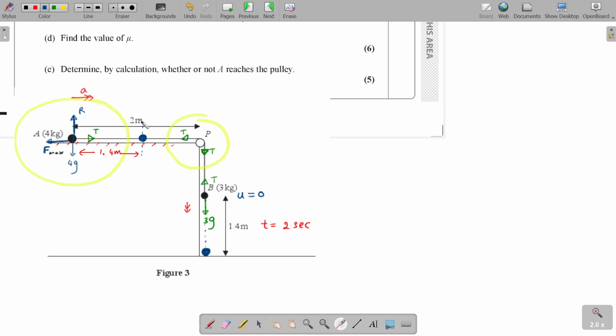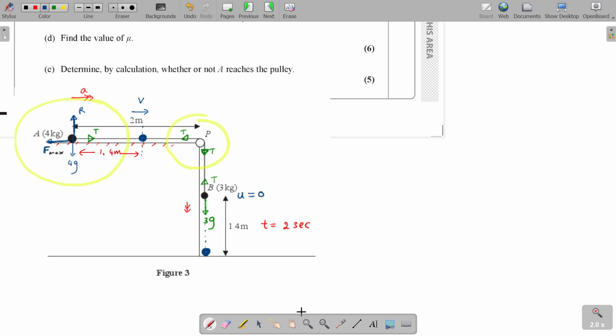So thereby, when the particle A comes to this point, is it coming here with a decreasing speed? I mean, how does it come? It comes here obviously by increasing its speed, isn't it? It started at speed 0, and when it has traveled 1.4 meters, definitely particle A will achieve a certain velocity. Do you agree with me? So that velocity that particle A achieves at this point,